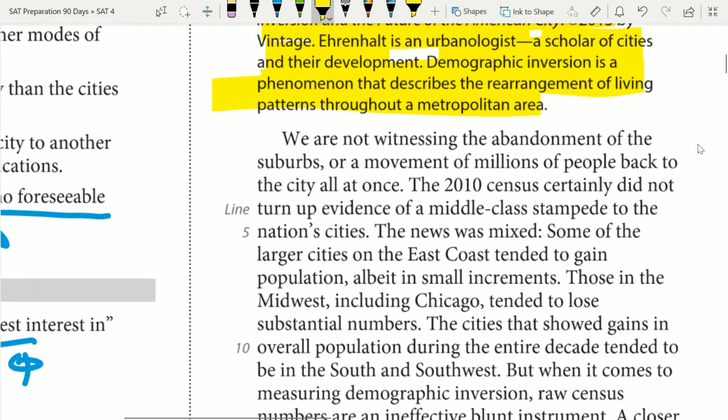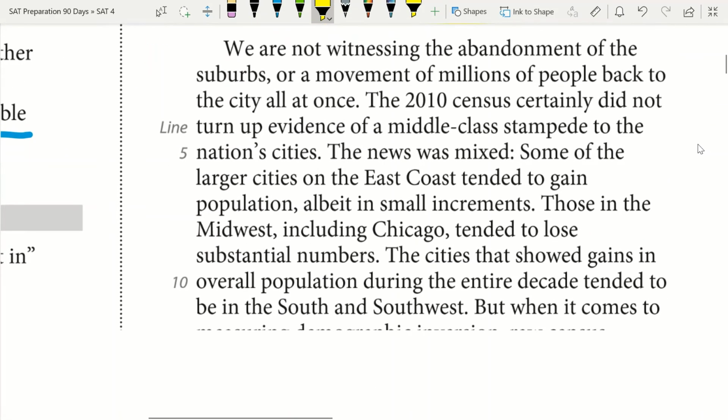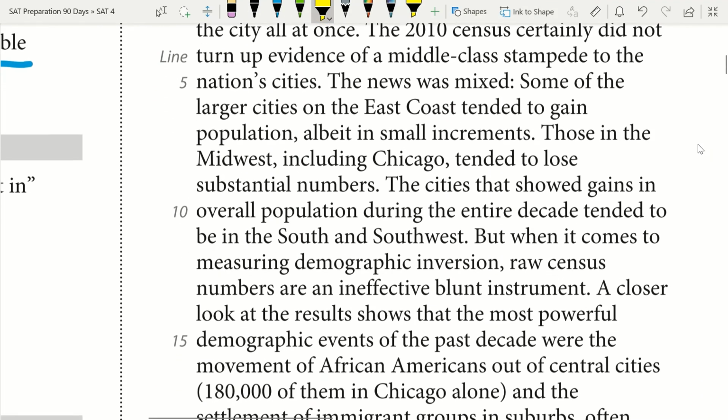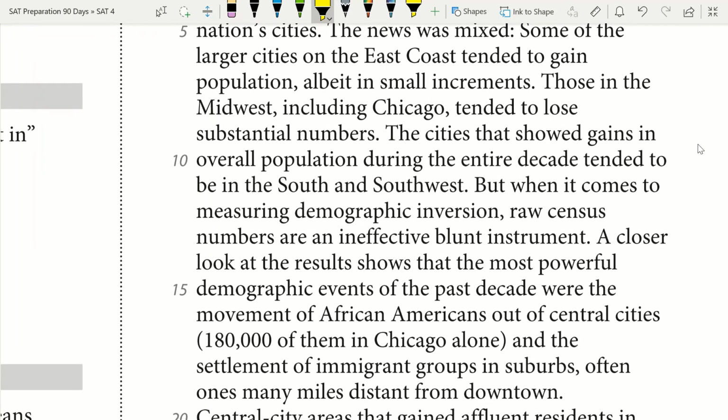We are not witnessing the abandonment of the suburbs or a movement of millions of people back to the city. The 2010 census certainly did not turn up evidence of middle-class stampede in the nation's cities. The news was mixed. Some of the larger cities on the East Coast tended to gain population, albeit in small increments. Those in the Midwest, including Chicago, tended to lose substantial numbers. The cities that showed gains in overall population during the entire decade tended to be in the South and Southwest,